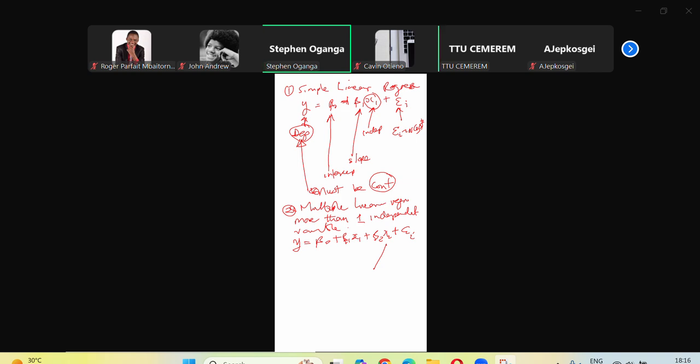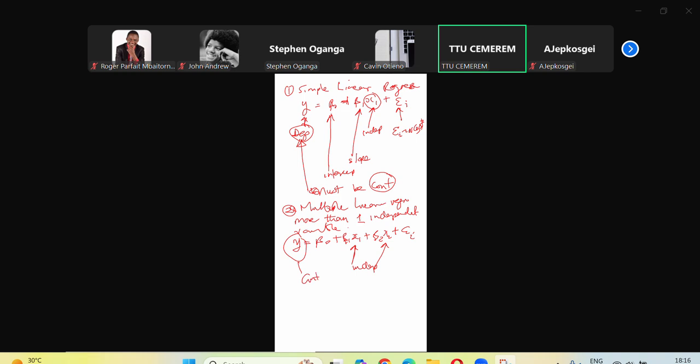Okay. So for multiple linear regression, we have more than one independent variable. So these are the independent variables, and the other properties remain as what we had for the simple linear regression. Is that okay? Yes. Now, this is what you did in statistical methods 1,